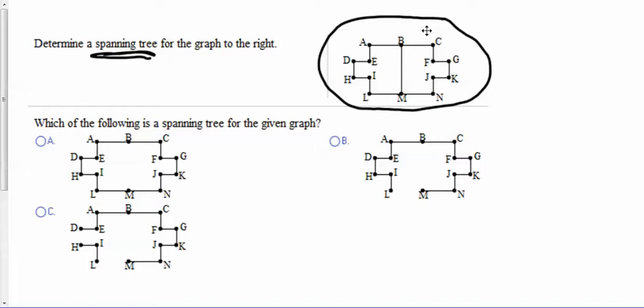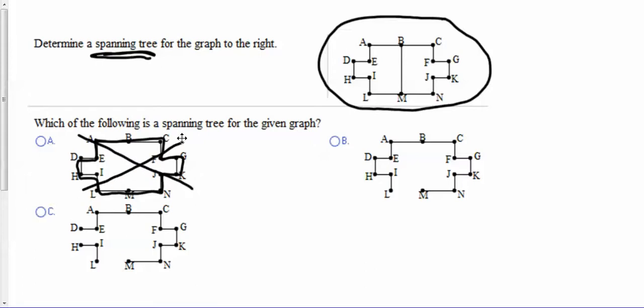So option A is definitely a subset of the graph given, yet it is not a tree since there is a circuit all the way around that graph. So again, the circuit A to B to C to F to G to K to J to N, M to L to I to H to D to E to A, that's a circuit. And in a tree, you cannot have any